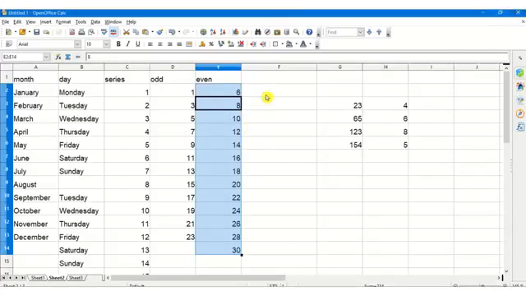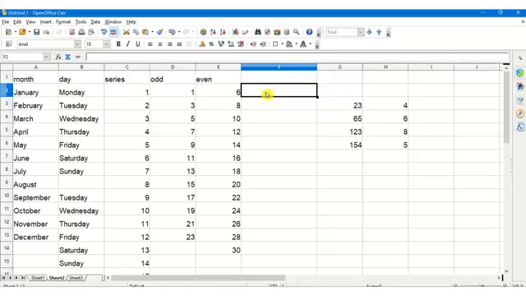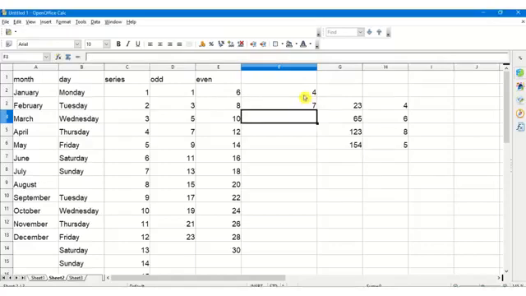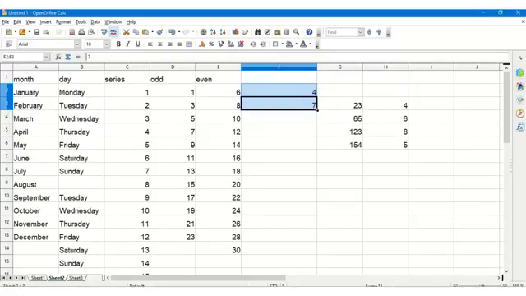This way I can do any series of my choice. That is, if I say the first number is 4 and the next number is 7, the difference between 4 and 7 is 3. So this particular series will be followed, and my next number will be 10 because the difference is 3. Again it will be 13, then 16. This way I can go on with a series of a difference of 3. That is, it takes the first number and the second number, the difference between the two, and then that series is continued.